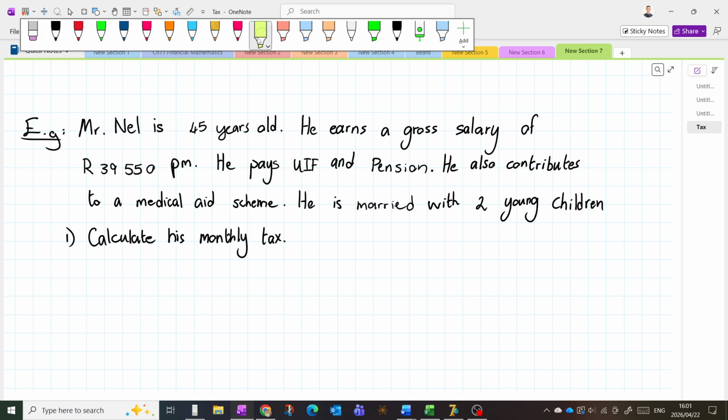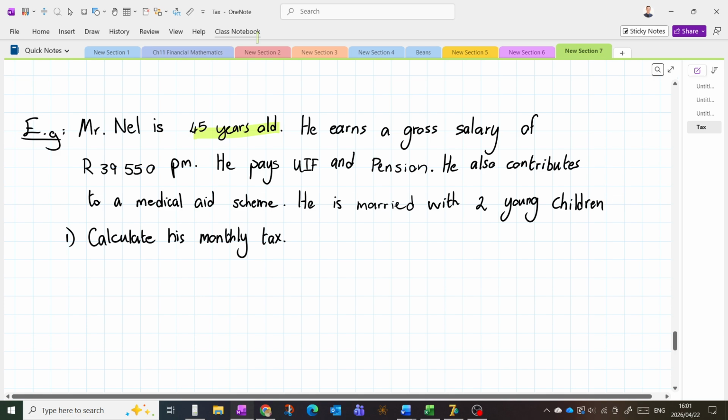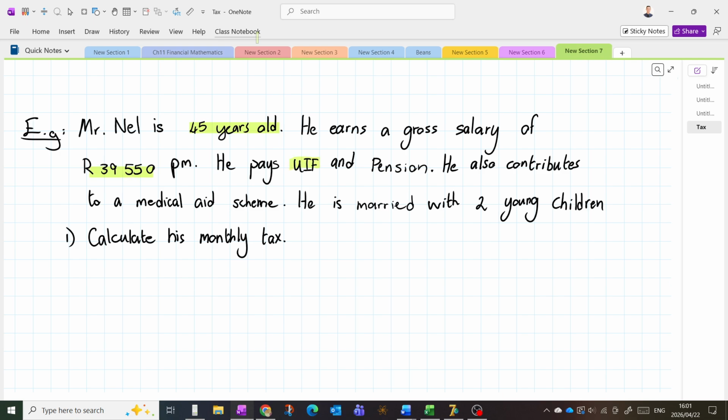Again, let's get what's important. 45 years old, primary rebate only, monthly income, he pays UIF and pension. He also is part of a medical aid. He is married with 2 kids. Calculate his monthly tax. So, let's actually start him off